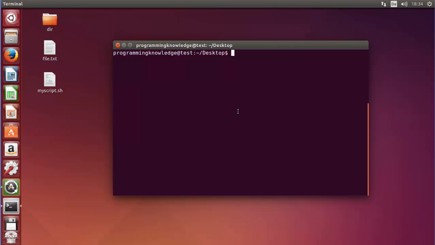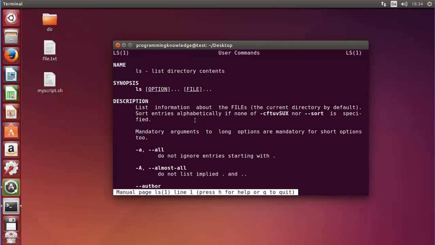As I have been telling you to use man pages, for example man ls, and I will just press enter, it gives this man page which gives the information about ls, what it does. Essentially this whatis command is going to return you the short description of this ls command which is there in the man page, for example this description.